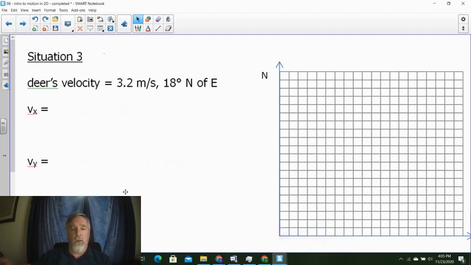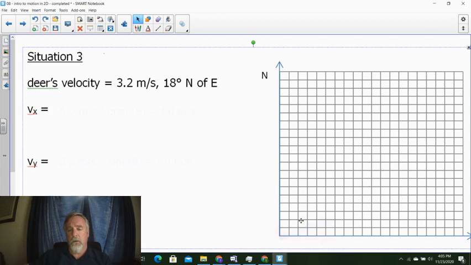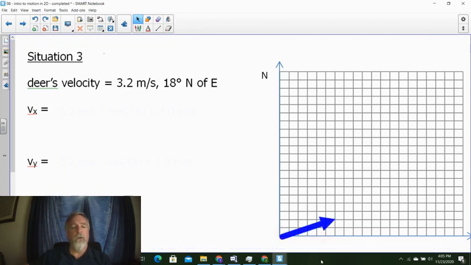Let's look at another situation here. Let's make it so it's not such a nice angle. 18 degrees is not one of those nice angles. Well, let's draw a vector out here. There we go. So our deer is running at 3.2 meters per second, and it's running at an angle of